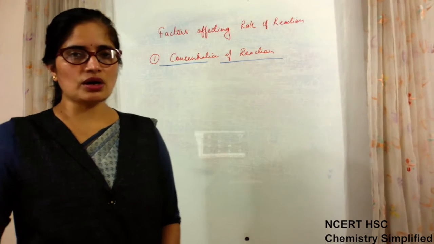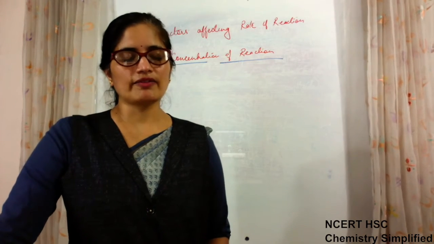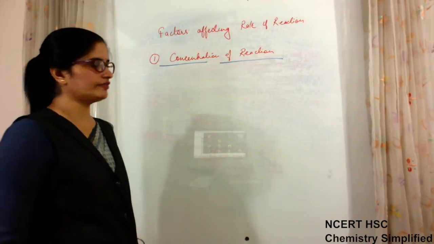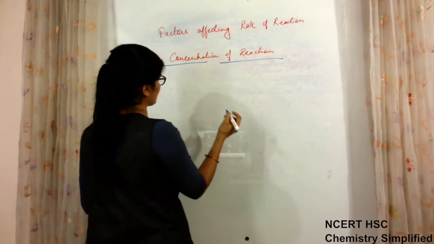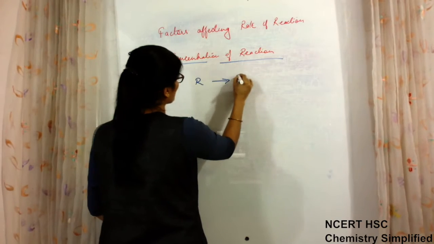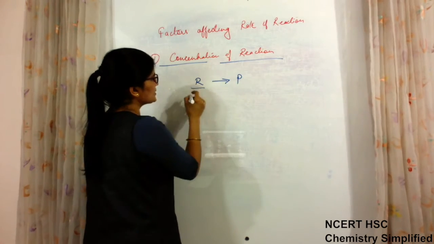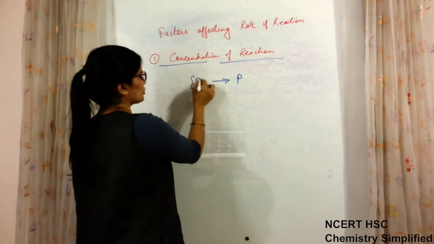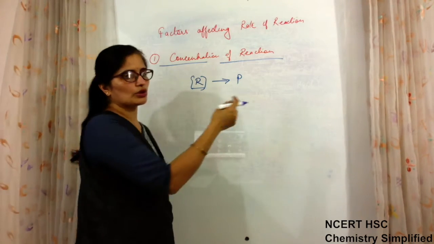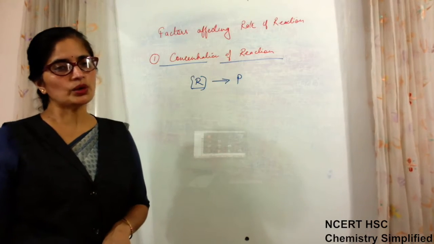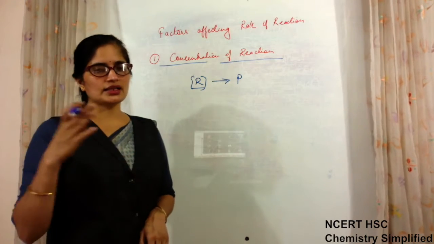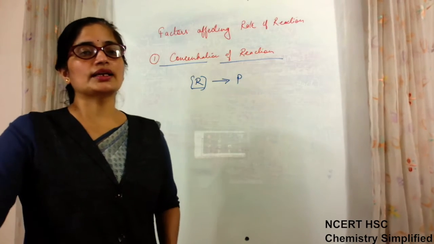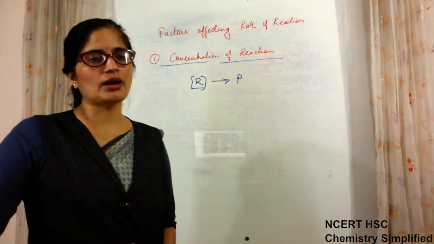If more is the concentration of the reactants, faster is the rate of reaction. And this is obvious also, that we know that as a reaction proceeds, when reactants are converted into product, we see that gradually the concentration of reactant decreases, because reactant is getting converted into product. So as the reaction is proceeding and reactants are converting into product, then gradually the rate of reaction becomes slow and slower.